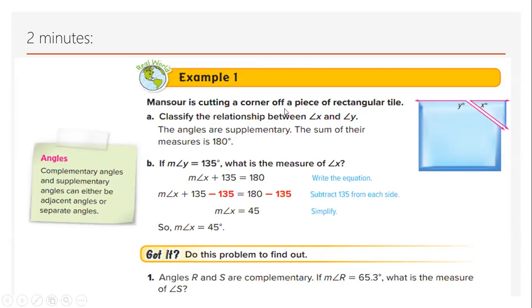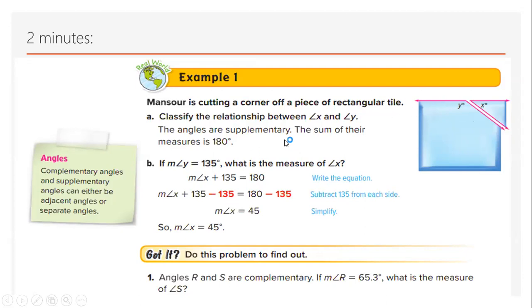Mansoor is cutting a corner of a piece of rectangular tile. Okay, so he cuts this corner and we can see angle X and angle Y forming together one straight line. So the addition of both of them is 180, or supplementary angles. So because X and Y are supplementary angles,